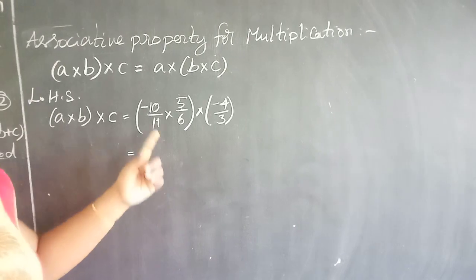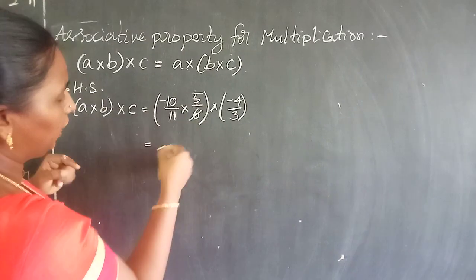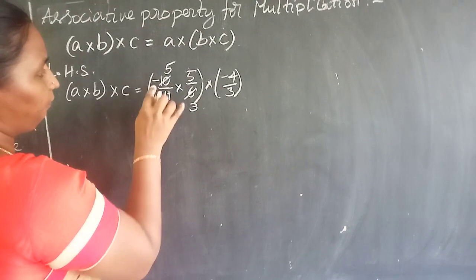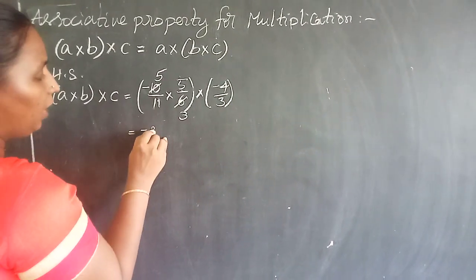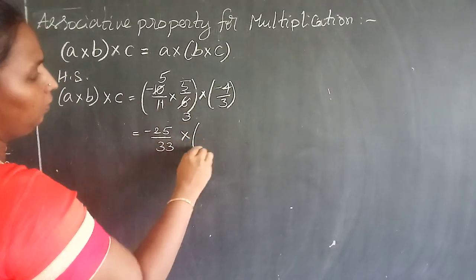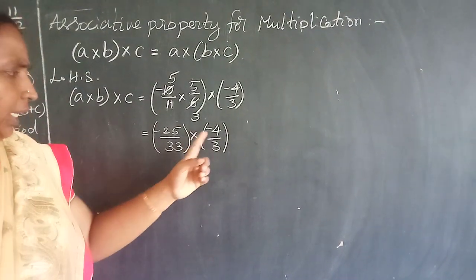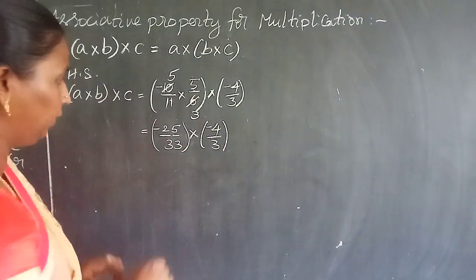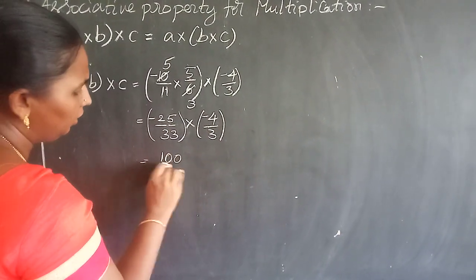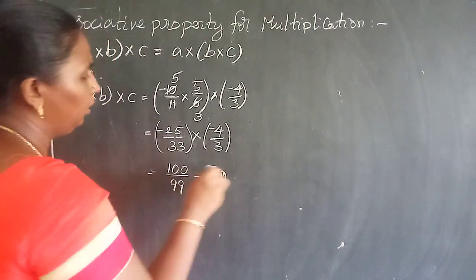So if it is possible, you may cancel numerator with the denominator. But it is not possible here. Here 2 table you can cancel. So 2 3s are 6, 2 5s are 10, so just multiply. 5 5s are 25. Here you have minus. Minus 25 divided by 33. Okay. Into here you have minus 4 by 3. Here also if it is possible you can cancel this, but it is not possible here. So minus into minus will get plus. 4 25s are 100 divided by 99. So take it as equation number 1.